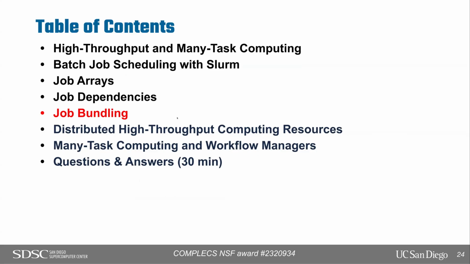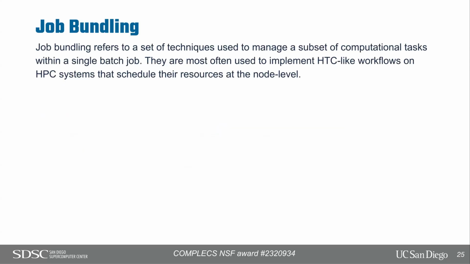And the third strategy that you might use is job bundling, right? So what is job bundling? Usually this occurs when you are working on an HPC resource that only lets you schedule jobs at the node level, right? So if you have a high throughput computing workflow, like a bunch of serial jobs, maybe you need to launch a job array across 1,000 cores,